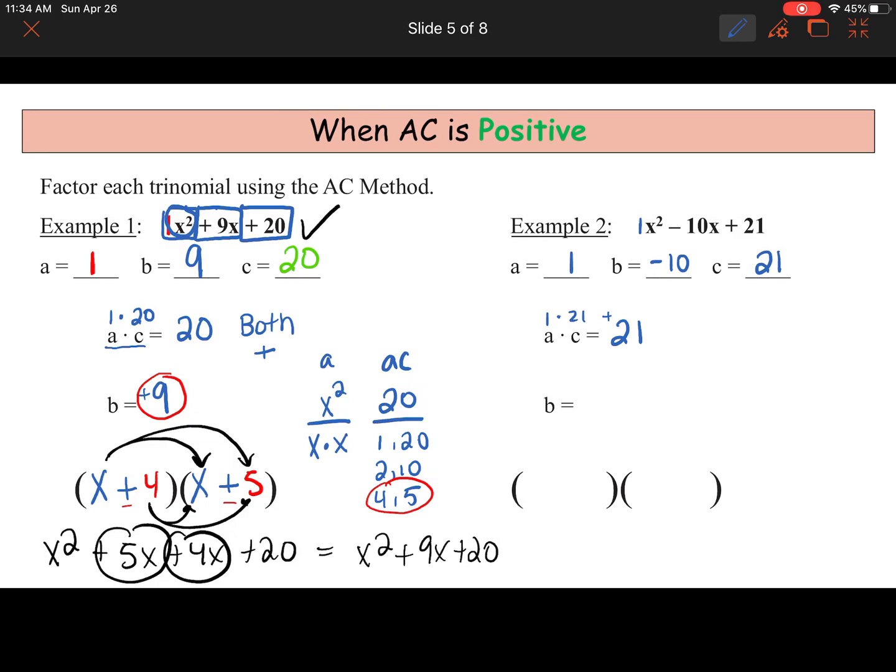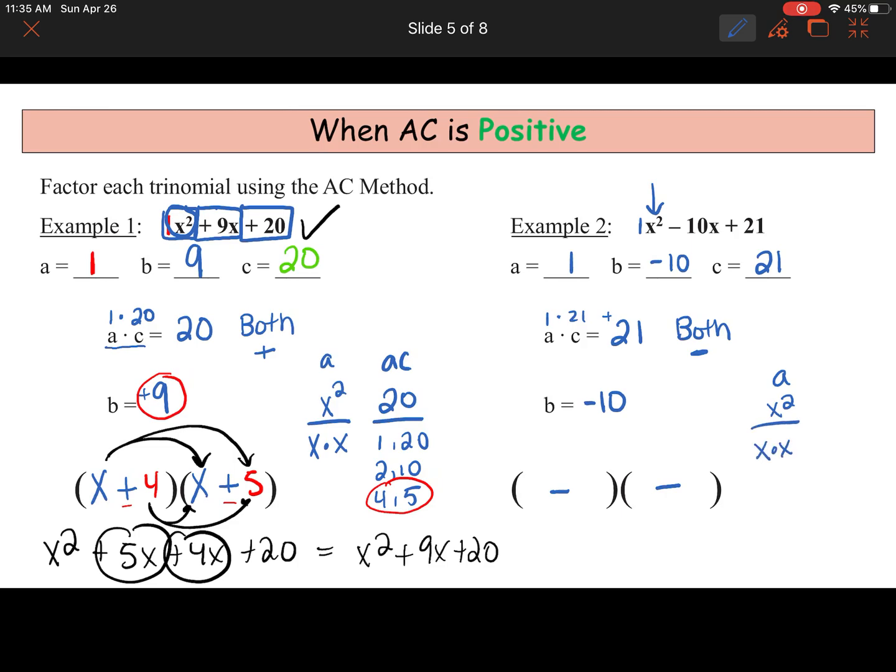Okay, since AC is positive, I know that both signs in the parentheses are going to be whatever the sign of b is. b is a negative 10, so we know that both signs are going to be negative. So I'm going to put negative, negative. And now I have to fill in the rest of the parentheses. So I take my a, which is x squared, right? My a is x squared,